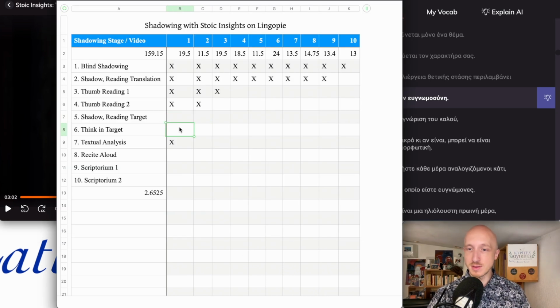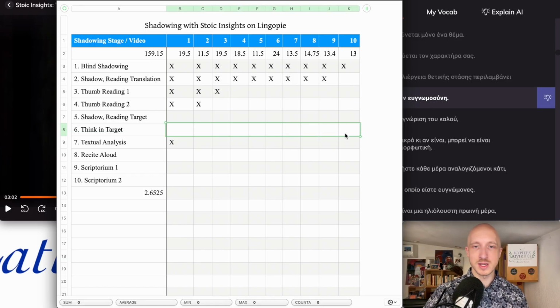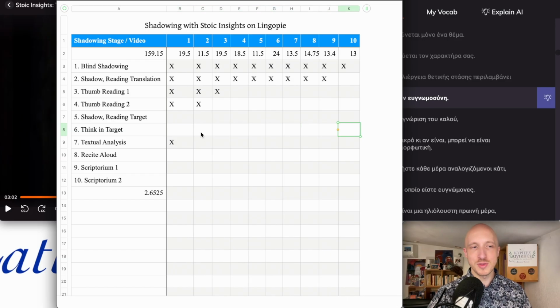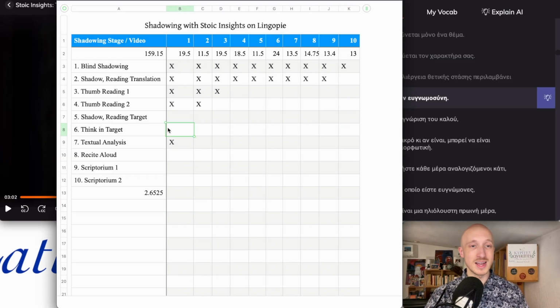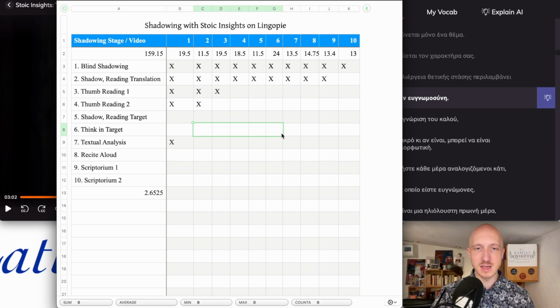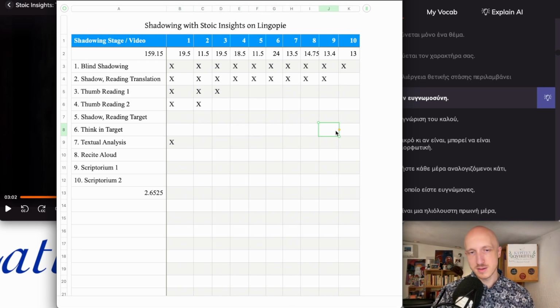Then you're supposed to start thinking in the target language. Because of the text I'm using, which isn't super conversational, when you think about Stoic philosophy during the day, it may not be that often, but once in a while something might come back to you. You want to start being able to think in the language. I'm not at that step yet, but I can think in ancient Greek very fluently, so I can skill transfer that back into modern Greek without too much trouble for certain basic things. But when it comes to philosophia,